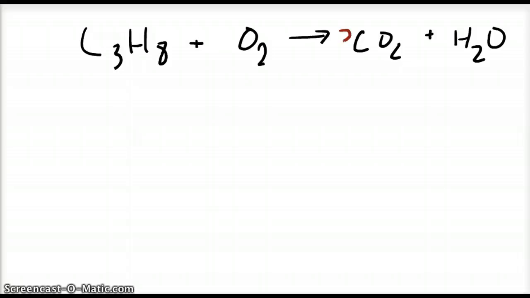I'm going to want to put a 3 in front of the CO2 because of the 3 carbons in propane, and because of the 8 hydrogens, I'm going to put a 4 here, so that gives me 10 oxygens on this side. Quickly, I'll put a 5 there, and then I'm done. It's balanced. So the problem asks,